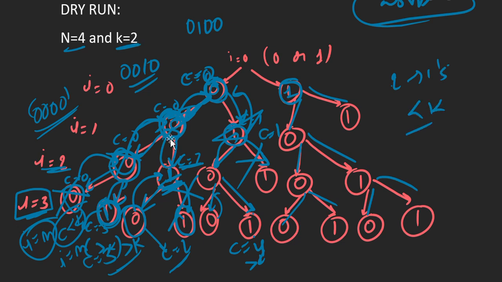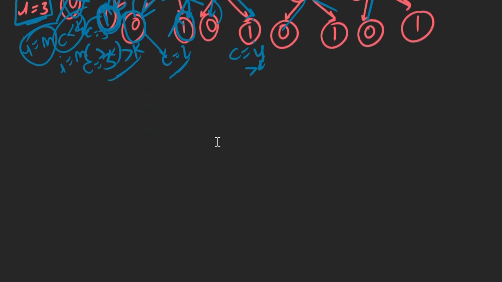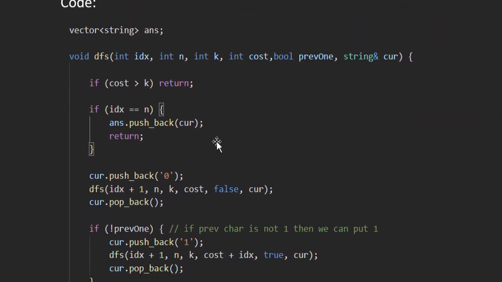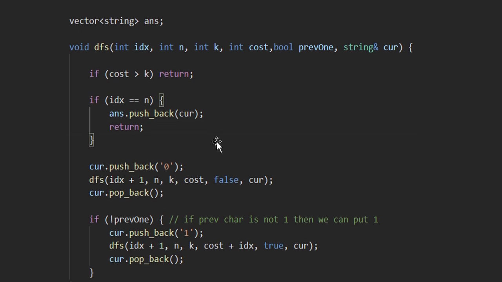So I hope you get this example, and please draw a tree like this and try to understand on your own. That will help your intuition and build proper logic in your mind.